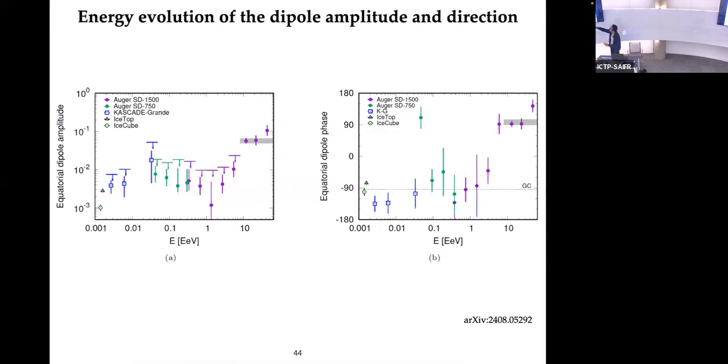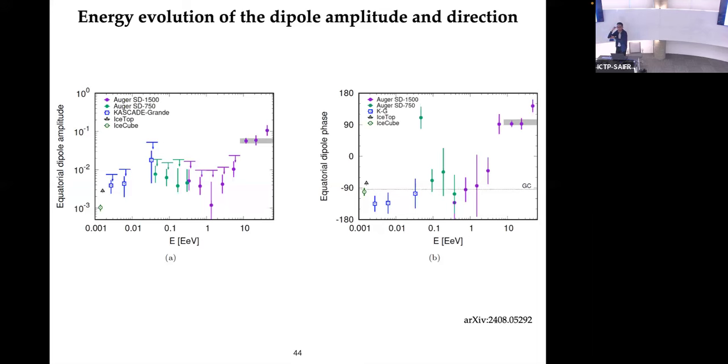And we also see, this is really the last plot, we see the evolution of the phase. That is the equatorial dipole amplitude as a function of energy. And here the phase, now the direction, if you project again the directions on the equatorial plane and look at the direction of the dipole, does that direction move with energy? And that's what this plot is showing. And this is really interesting. At low energies, the phases are pointing to minus 90 degrees. So this is the direction pretty much of the galactic center. And then as long as you reach this region above 1 EeV, the phase flips almost 180 degrees and points in the direction of